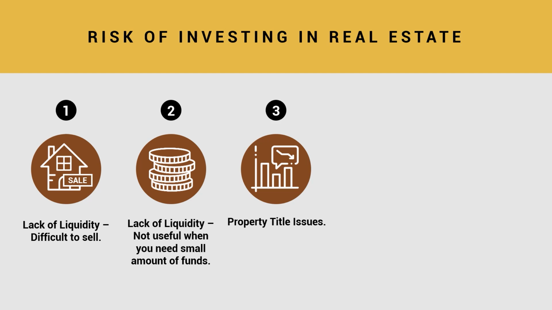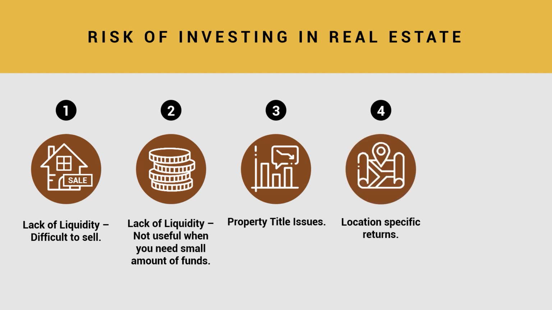One major risk associated with investing in real estate, which we've discussed right from the beginning, is the location of the property. Two properties located very close to each other can have different unique risks which are associated with the specific location. So property on A side of the road will have good supply of water, whereas property on B side of the road does not have good water because of the infrastructure on both the sides. That itself can have a huge impact on the net returns you get from the property.